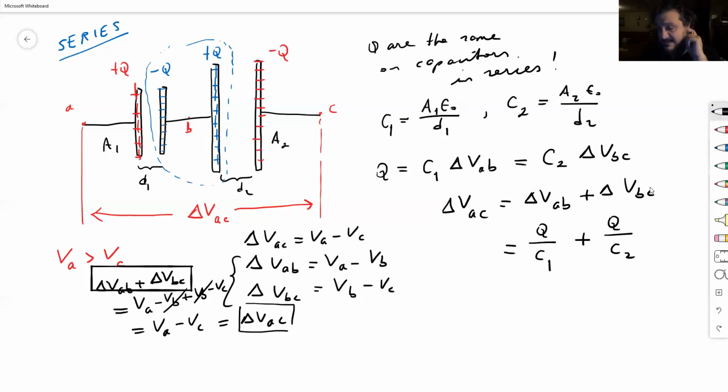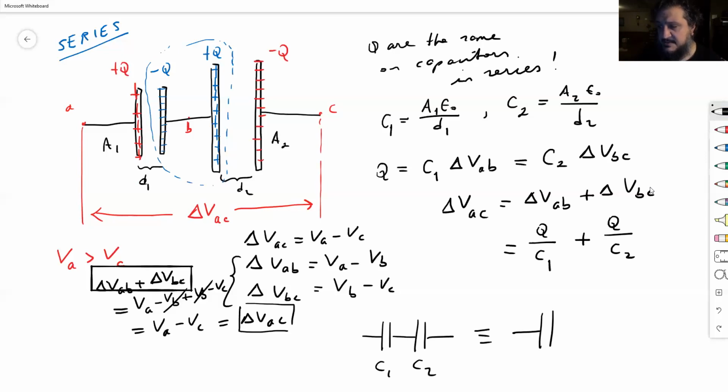That's the right-hand side. What about the left-hand side? Can I write this in terms of the charge and capacitance? That capacitance will be what we call the equivalent capacitance of the system. So what if I replace this system of C1 and C2